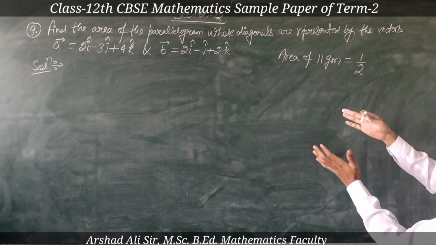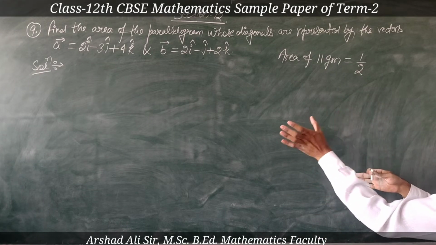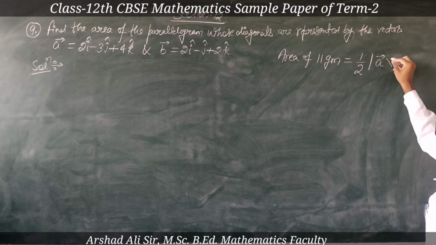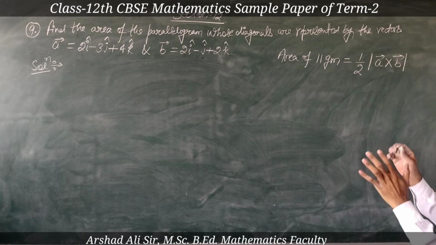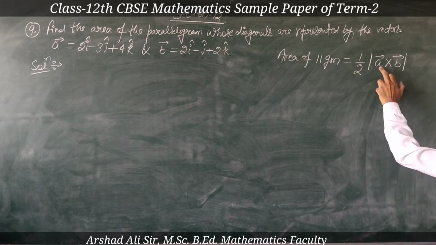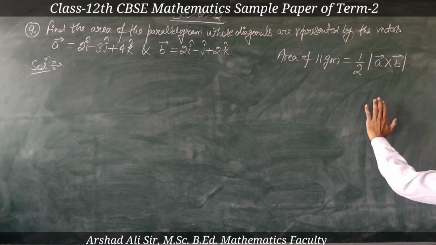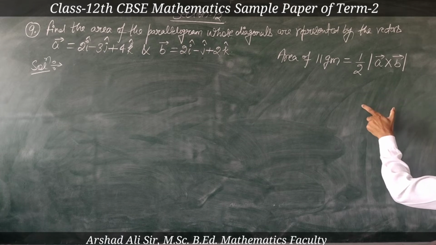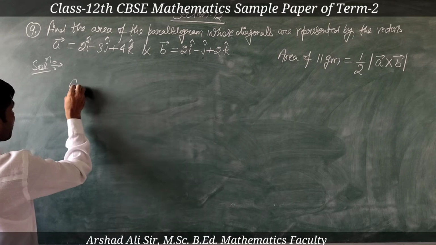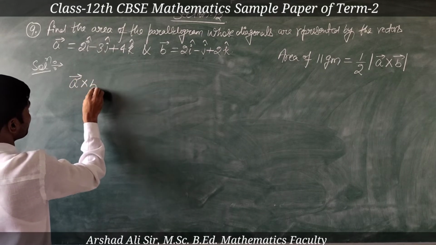But here in this question we are given the diagonals a vector and b vector, so we can write here a vector cross b vector. And if we want to find the area of the parallelogram, we will have to find the cross product of a and b, and after that we will find the magnitude. So now we will find the cross product of a and b with the help of a determinant